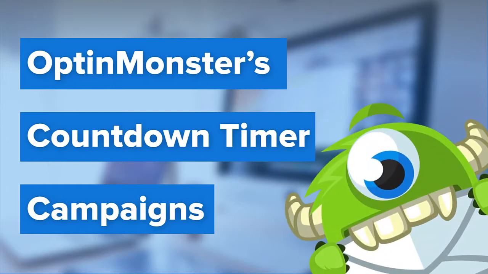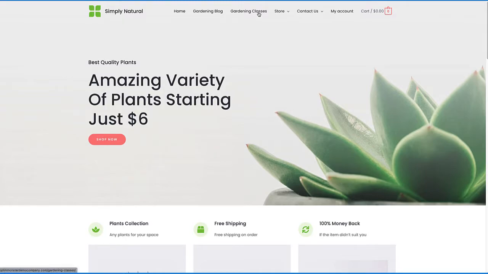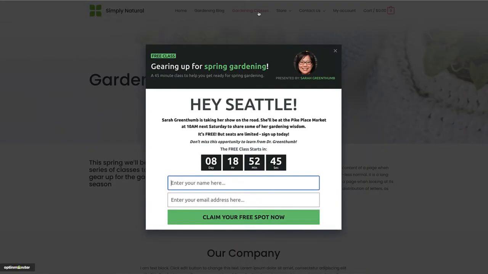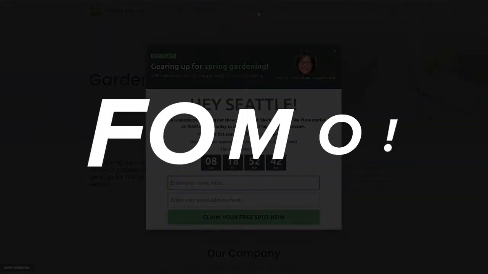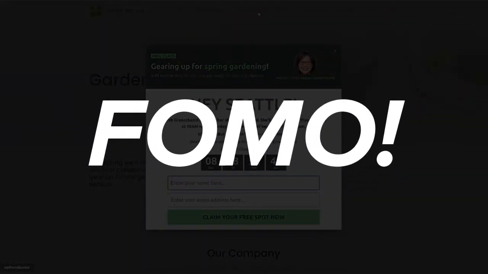Are you looking for an easy way to create a sense of urgency to drive sales and conversions? Do you want to give your visitors a compelling reason to buy now? With OptinMonster's countdown timer campaigns, you can create intelligent, scarcity-based campaigns that effectively convert hesitant buyers. Creating a sense of urgency is one of the best ways to boost your conversion rates. When our purchasing decisions are based on urgency, we automatically lean towards the take action route because we're afraid of